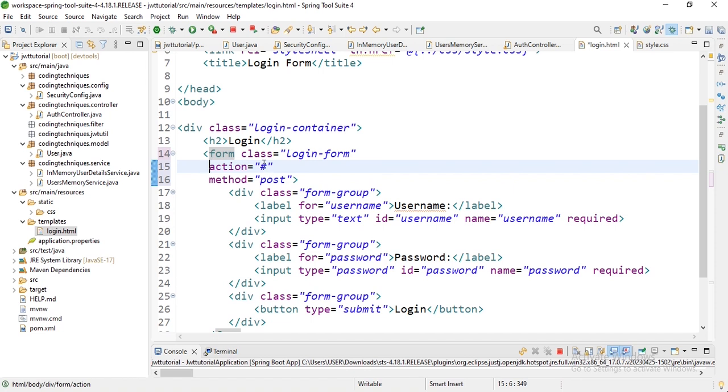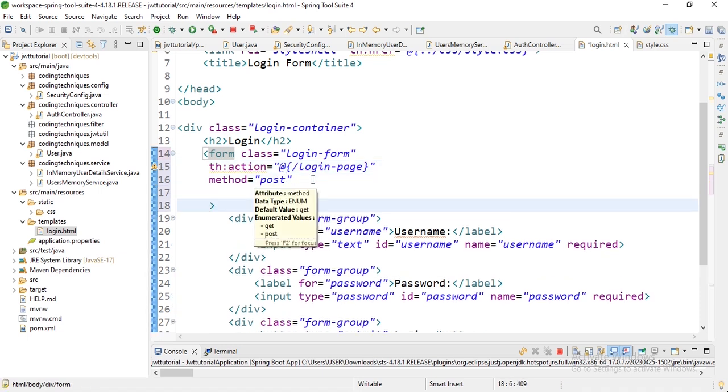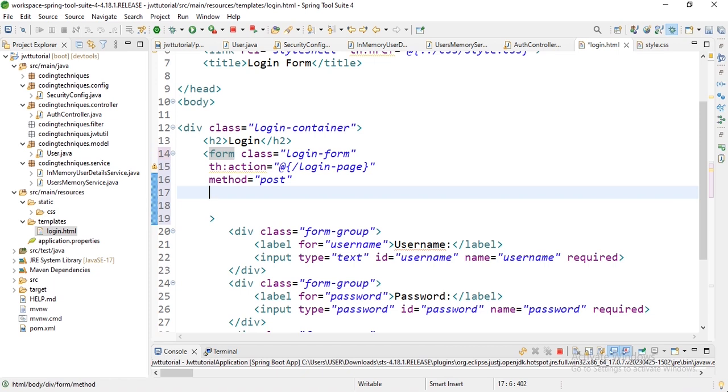First here, we will link it to the link that we have in the controller to the path. So I copy this. So we have the login page, the method is post here, this one is okay,